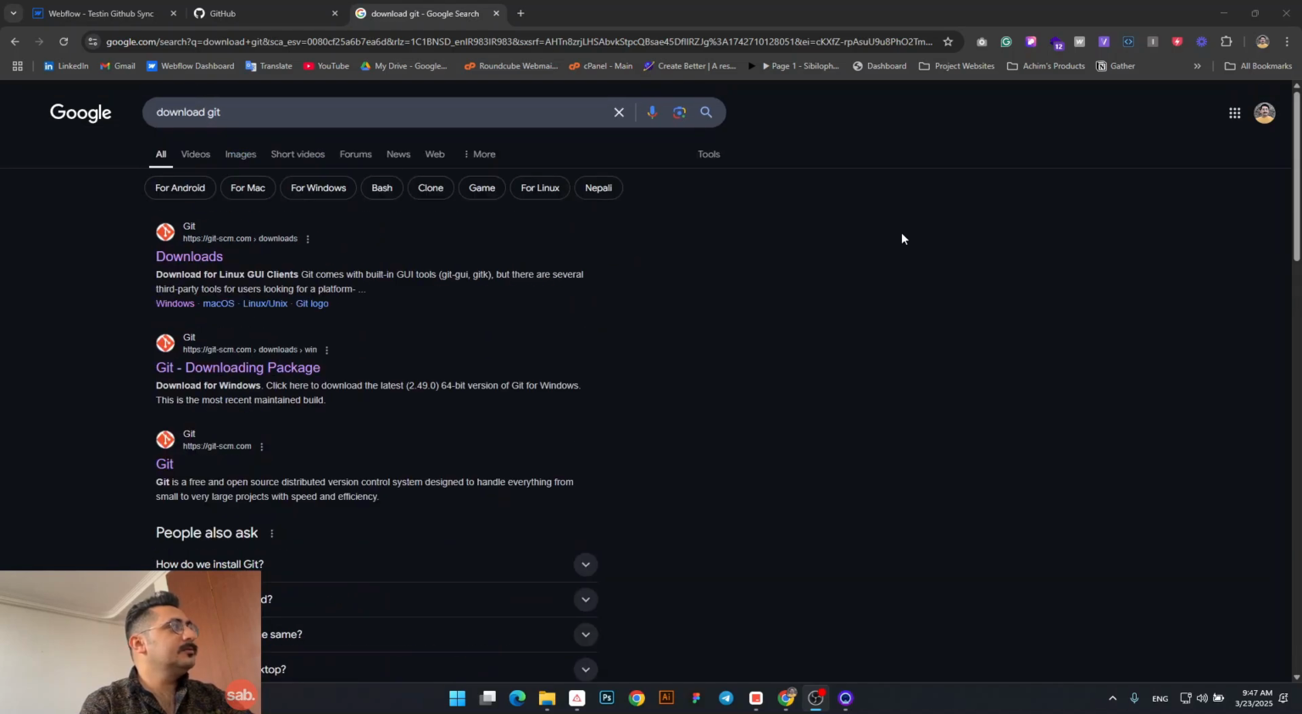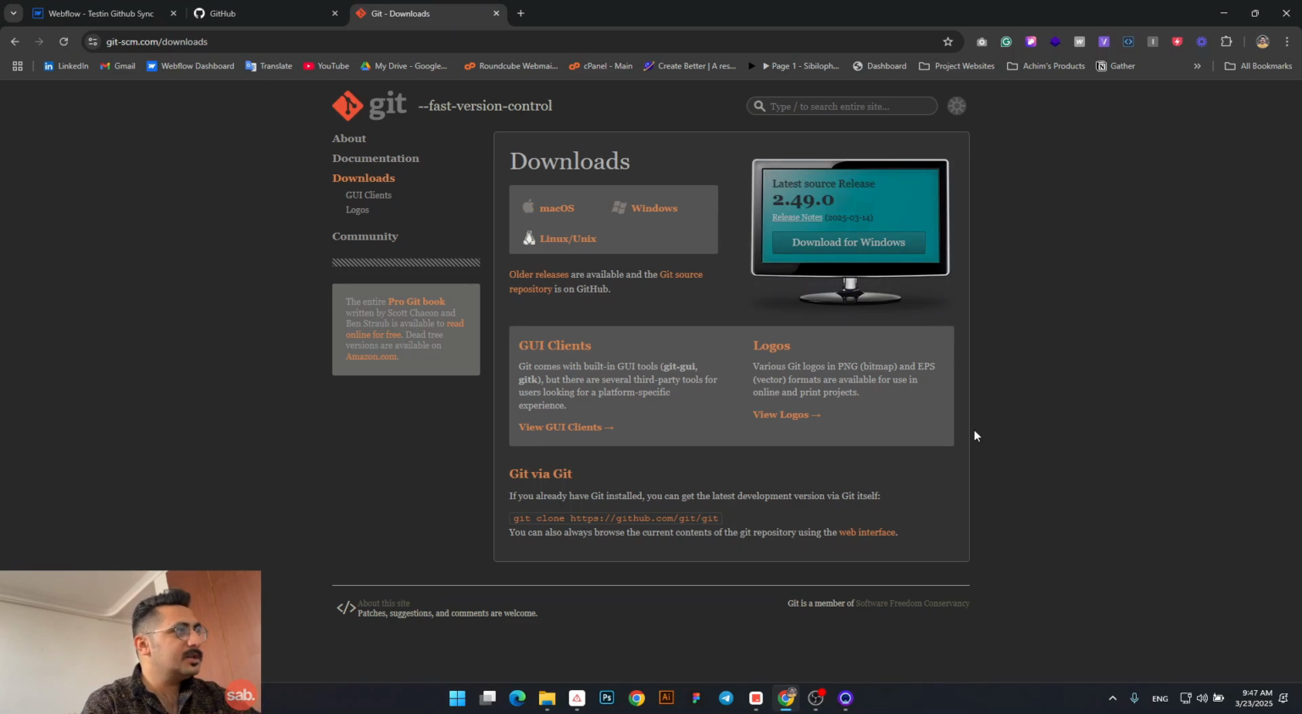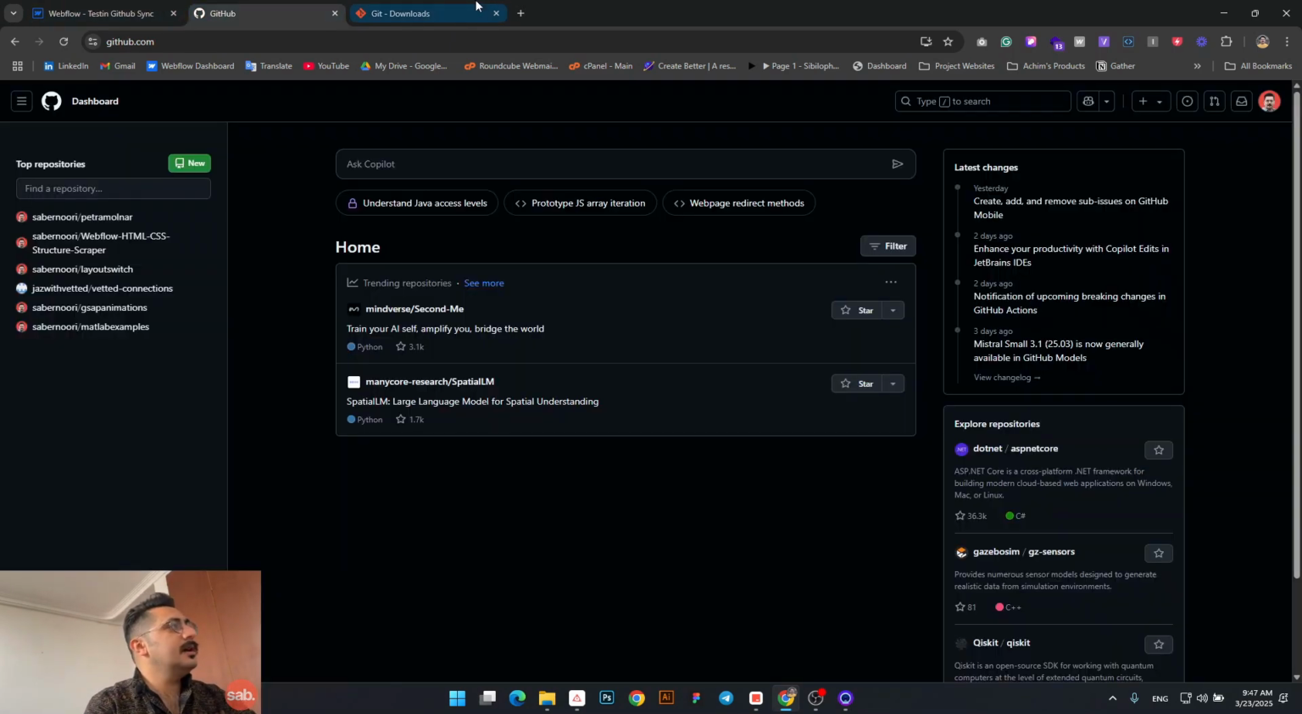We need to download Git at first. Just search "download Git" on the internet and download the version you need. After installing Git, we are going to use that in our